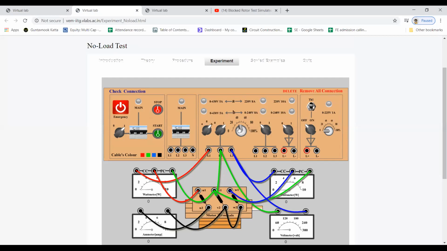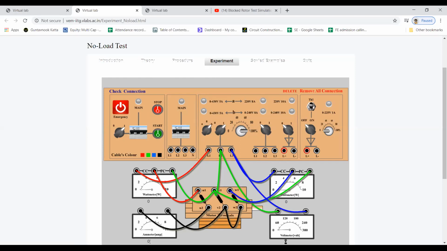Now you can vary this particular knob of voltage variation. By varying this, you can get various voltmeter readings. These voltmeter readings you can observe here. Now, since I have interrupted, it has gone. So you can keep this knob at various positions, and if you keep it at 100, then you will get all the rated readings. The rated voltage reading you will be able to observe here as 127.